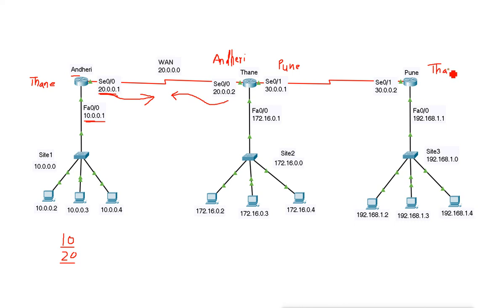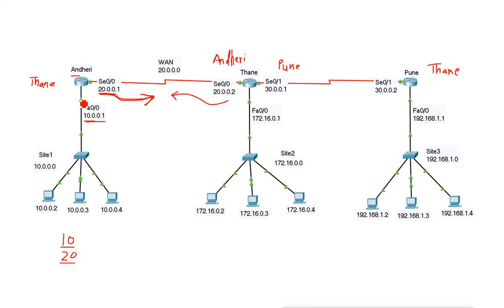So actually first they start sending the update about themselves. They start sending the information that I am Andheri, and this is my router ID. Now what is the router ID? We saw that the router ID was the IP address of that router. The router ID is decided by the router itself in OSPF. So which IP is it deciding on here?